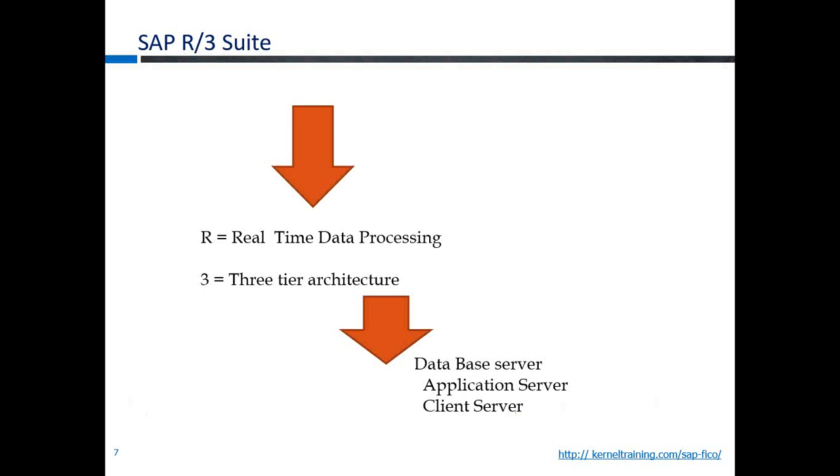So what is real-time data processing? Let us take an example: you go to your ATM machine, you withdraw your money, and then later you ask for a receipt. Why do you ask for a receipt? To know your balance, so you can see the balance available after debiting the money you have taken. Have you ever wondered how this happens? You have taken the money and it gets automatically debited from your account, and your balance is shown in the receipt. This process is called real-time data processing. It is nothing but the updating of data as soon as you enter it into the system.